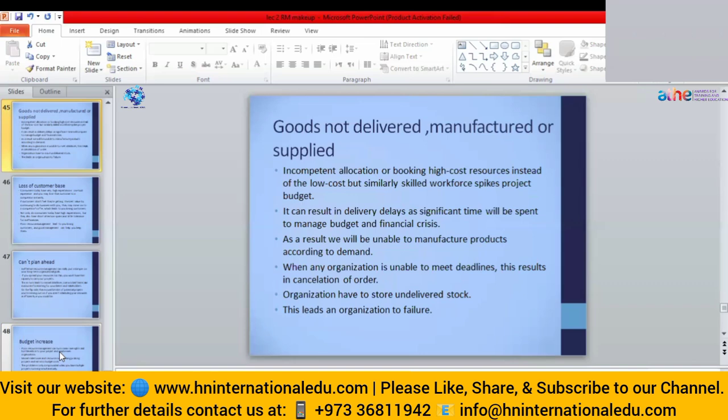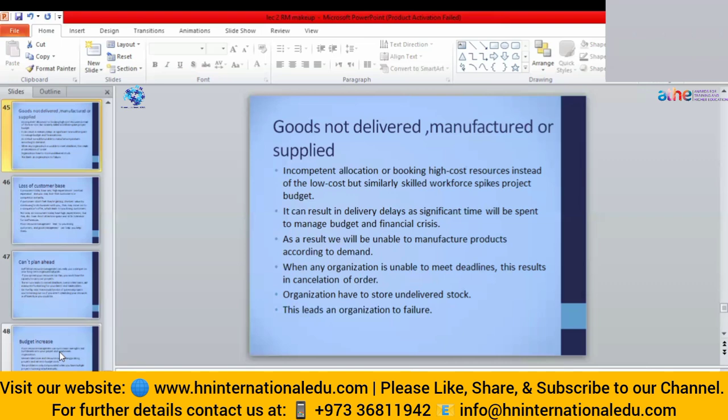we have to be very vigilant when we are ordering any product. So it can result in delivery delay, as significant time will be spent to manage the budget and financial crisis, because we could manage with less budget, but because of our mismanagement, we have spiked over budget. So it takes a lot of time to handle the overrun. As a result, we will be unable to manufacture products according to the demand, because we are out of the budget. So when any organization is unable to meet the deadlines, this results in the cancellation of orders,